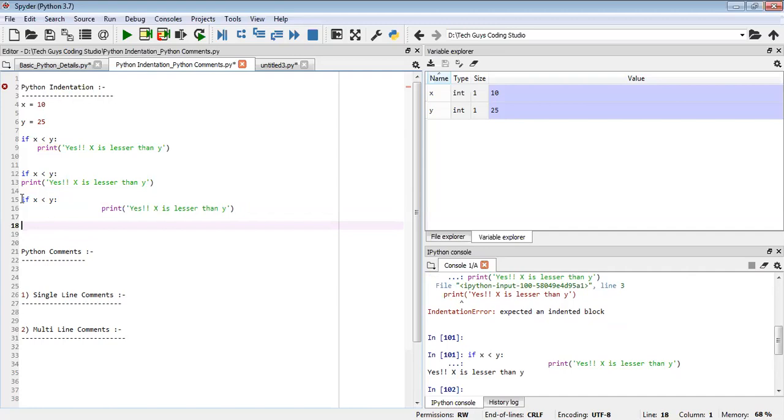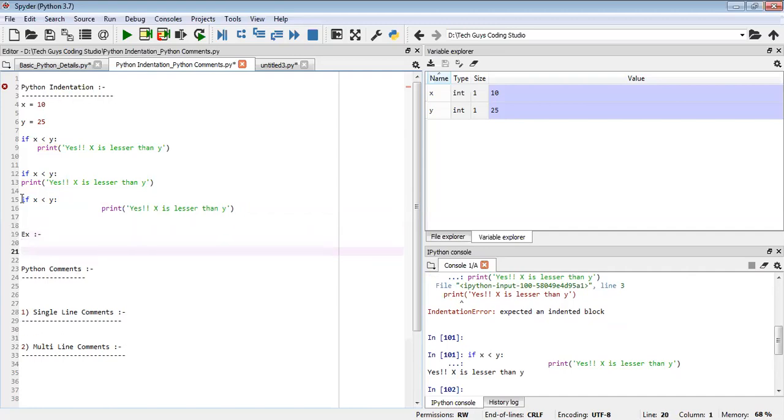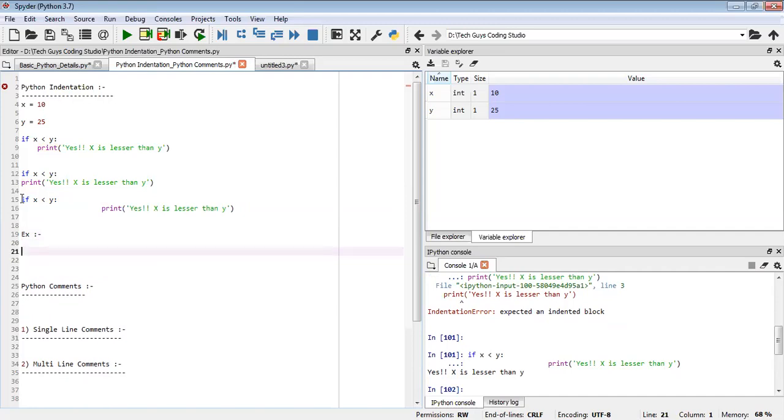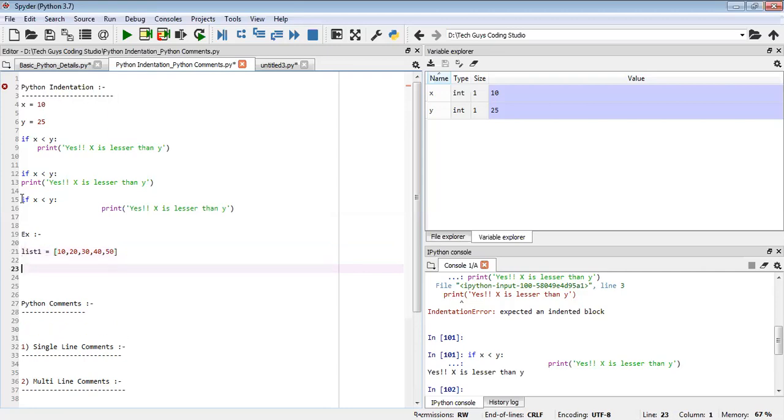Okay, I'll take one more example here. I'm just taking the for loop example, but in future classes we'll be doing the for loop also, how to use the for loop and all. Now I'll take one list. In the list, just to clarify this indentation topic only, I'm just taking the introduction to lists. Later we will go through it in depth also. I'll take some 4 to 5 elements in the list.